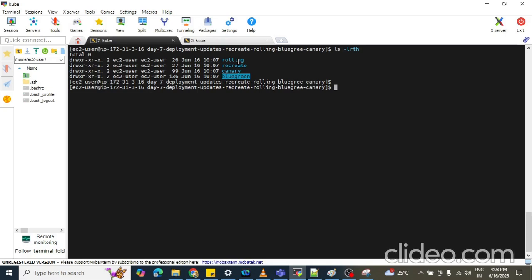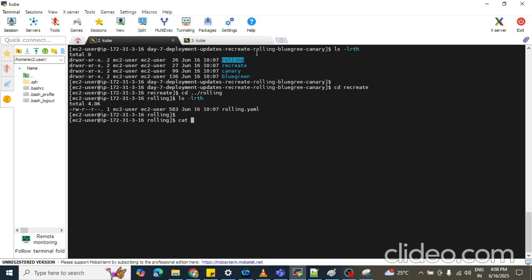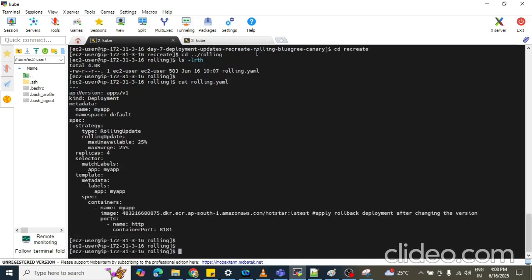Let's move one by one so that we understand the concept of each and every deployment strategy. The first strategy is rolling updates. Let's move into that folder first. If you can see this, there is one YAML file. Let me get it.